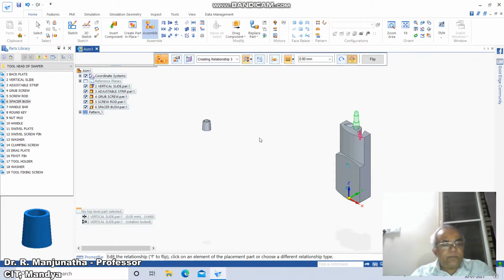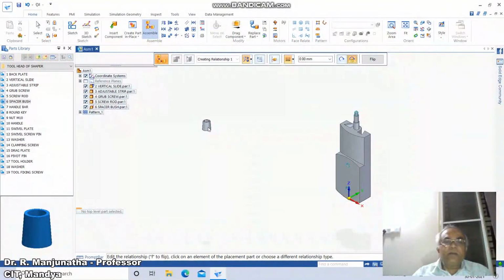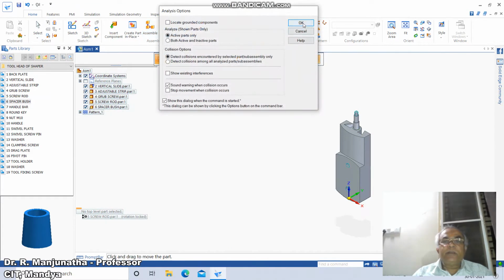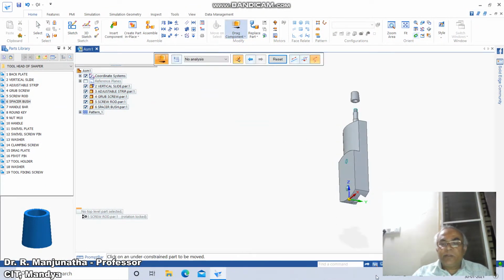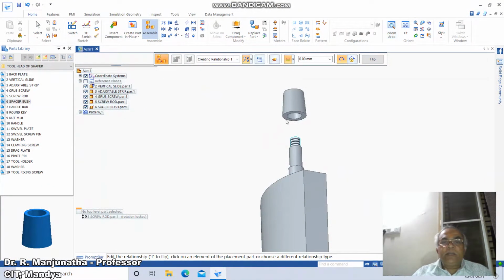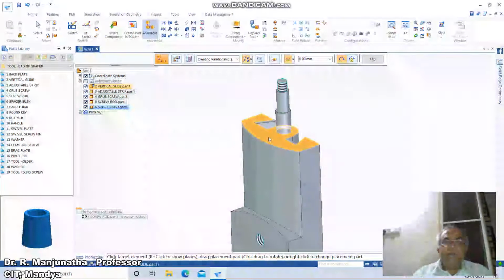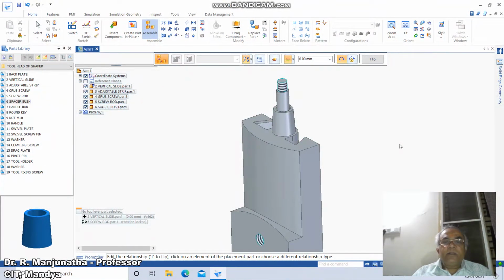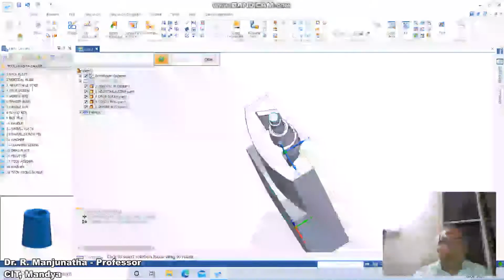You just click on assemble, lock rotation, click on this face with reference to this. Then you drag the component, say OK. So drag it, and then you just rotate. Then go to zoom window or the area, then go to assemble, then take this base reference with reference to this. So here the axis is on, this key is on this side.